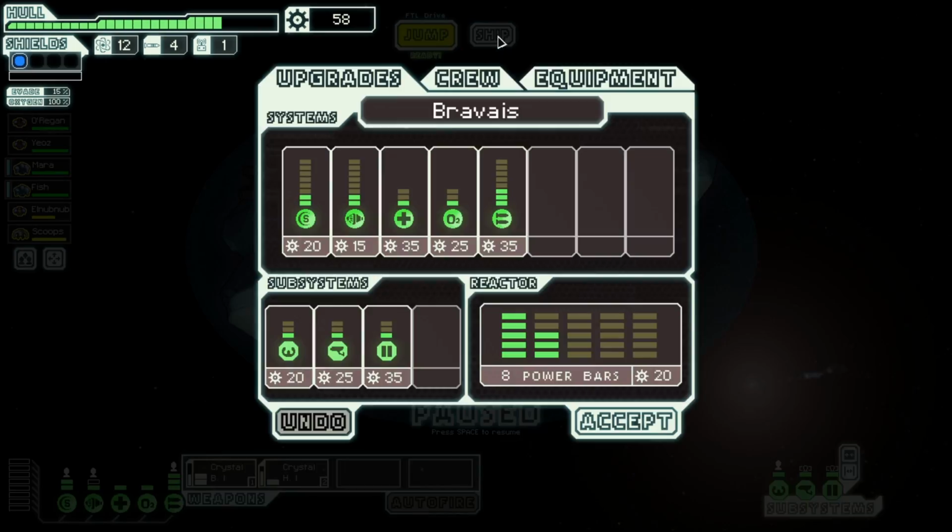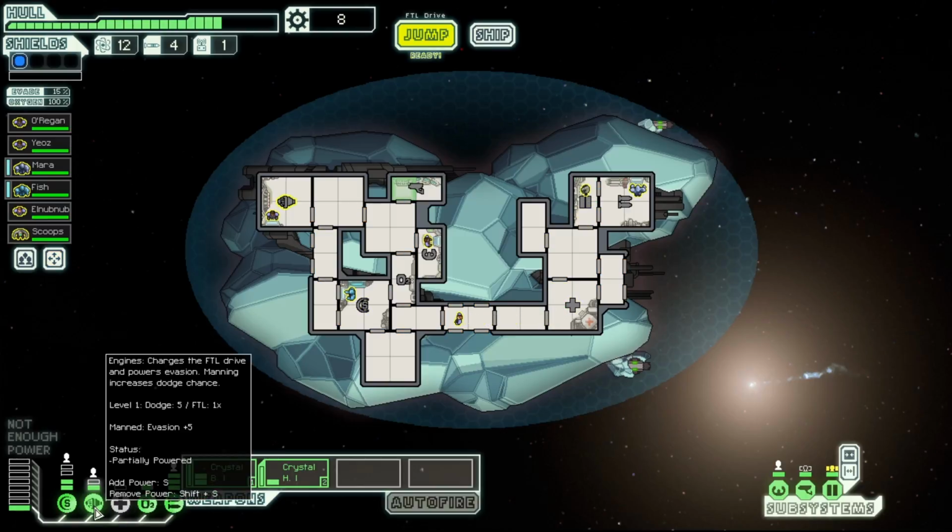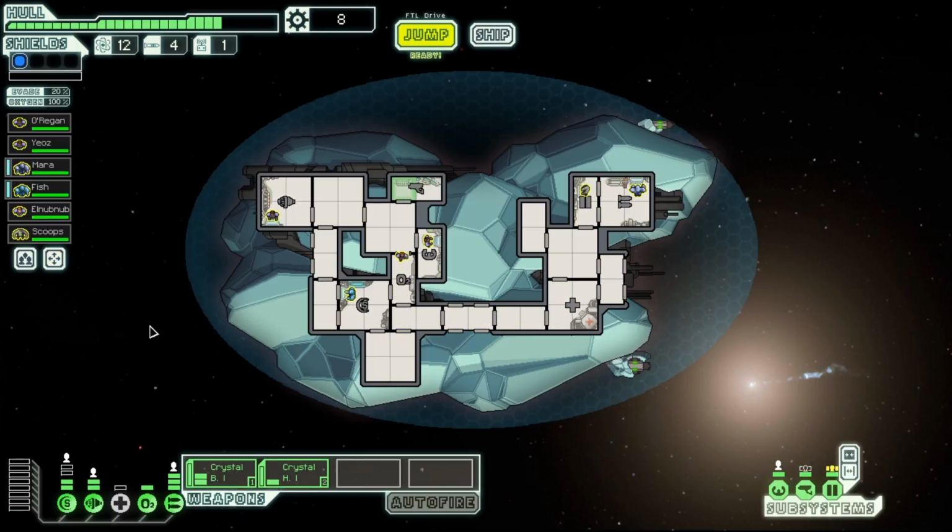Get a little bit of extra scrap from that. Let's get that shield upgraded. We don't necessarily have the reactor power for it, but that's a secondary concern. We can always depower oxygen, depower engines in order to get those shields online if it would protect us from